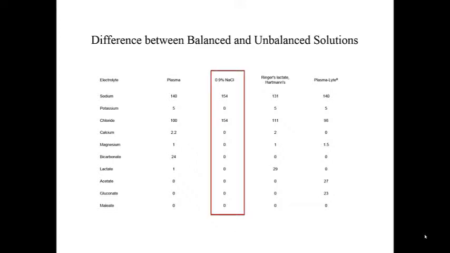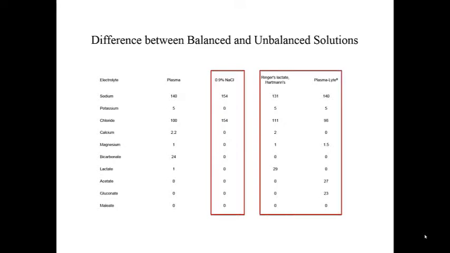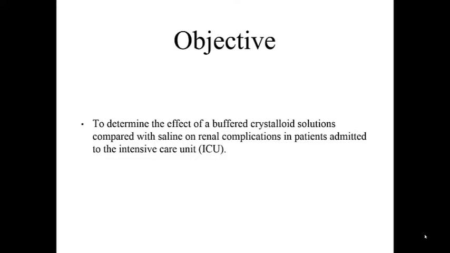When you compare it with normal saline, an unbalanced solution, you see there's a high chloride content in the saline compared to your plasma. When you compare it with the balanced solutions like Ringer's lactate, Hartmann's solution, or Plasma-Lyte, you see their electrolyte composition is much more similar to plasma. In fact, Plasma-Lyte has acetate of 27 in it too, which will convert to bicarb, and it is a more alkaline solution compared to Hartmann's or Ringer's lactate. So that's a little background about the study.